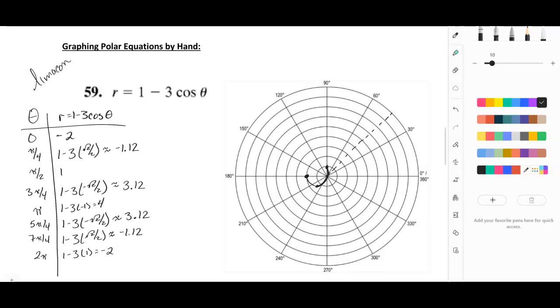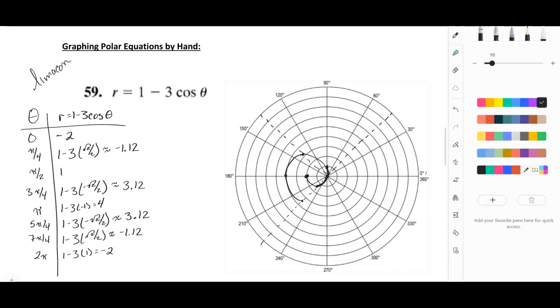At 3 pi over 4, which would be along here, we're at 3.12. At pi, we're at 4. At 5 pi over 4, which would be along here, we're at 3.12. So we're moving along that terminal side. At 7 pi over 4,